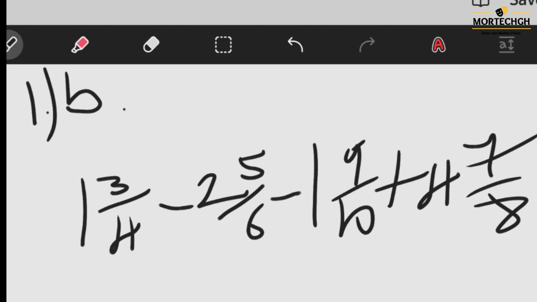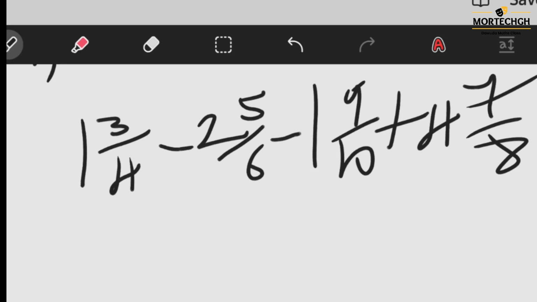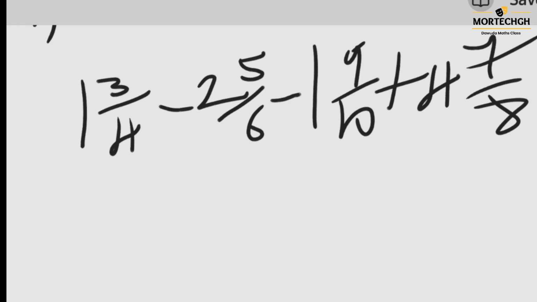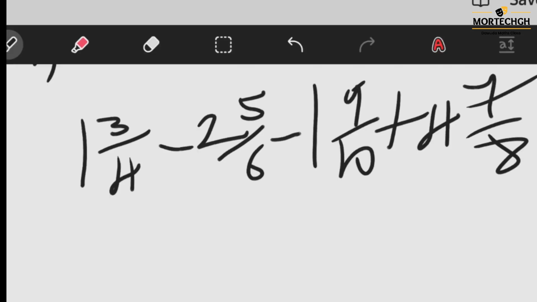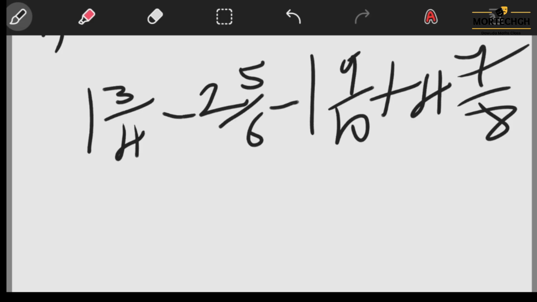We first have to convert each of the mixed fractions to improper fractions. To convert a mixed fraction to an improper fraction, you take the denominator, which for the first one is 4, then you multiply by the whole number, which is 1, and add the numerator, which is 3, all over the denominator, which is 4. So we have 4 times 1, which is 4, plus 3, which will give you 7. So here we have 7 over 4,